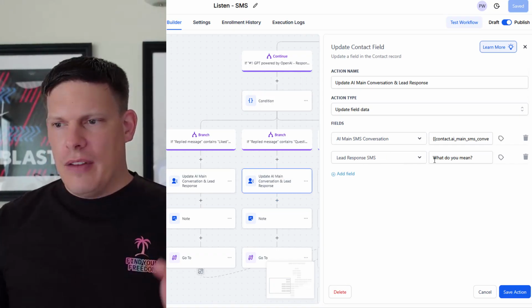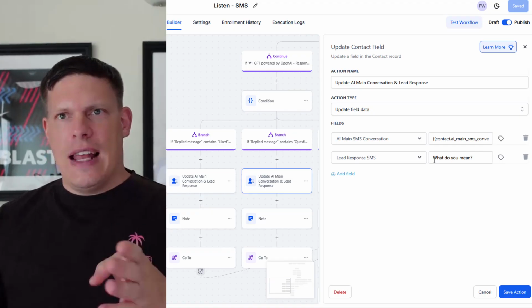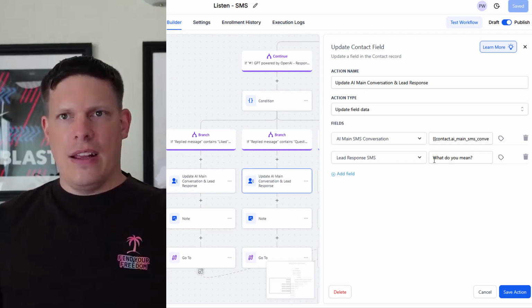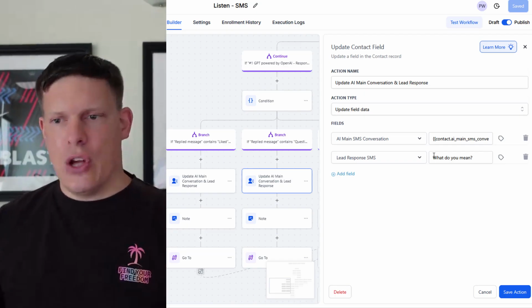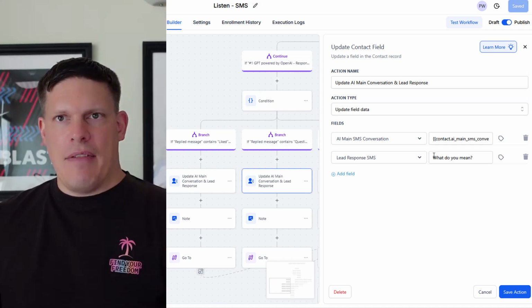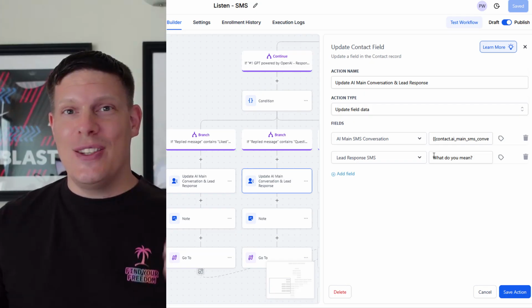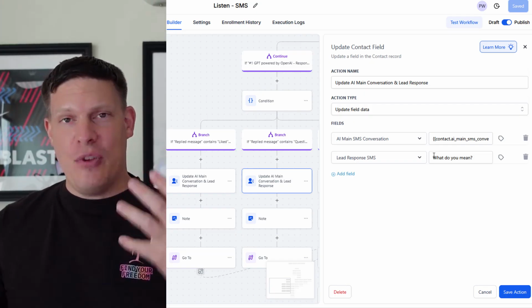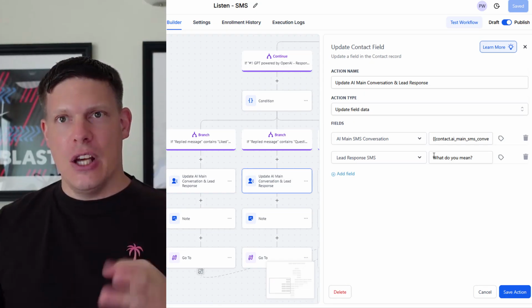For the question one, I've got, what do you mean, question mark. So the AI can then understand that that's part of the conversation history, and it can craft a relevant response and send that to the contact. So this is what I have now put in place to handle the random emoji responses that you may get from contacts. If you're building your AI agents in workflows, this is one way that you can set it up,